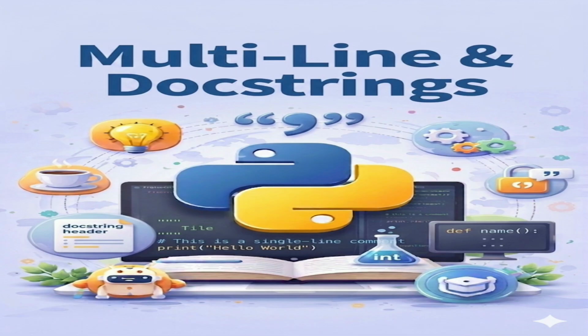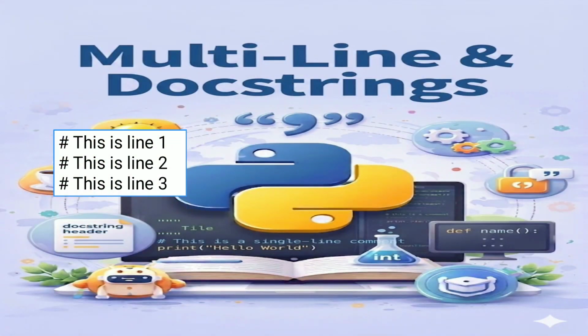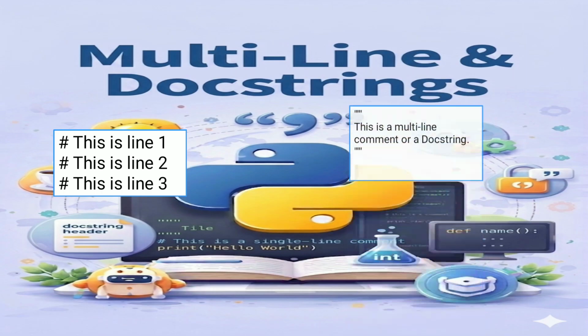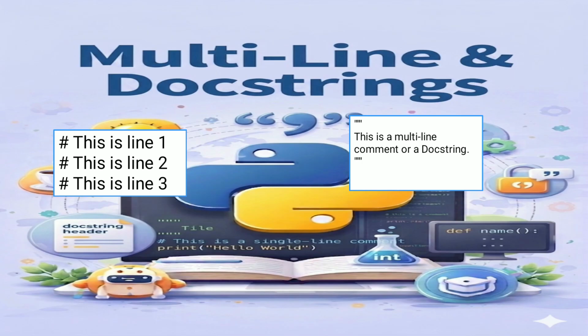So next is when we use the multi-line comment, we use the different hash symbol. So in this example we use the 3 lines. So in the 3 lines we use the hash symbol. The second method we use the 3 triple quotes or the single 3 triple quotes. तो यहाँ पे हमने क्या किया है, इस लाइन में हमने यहाँ पे